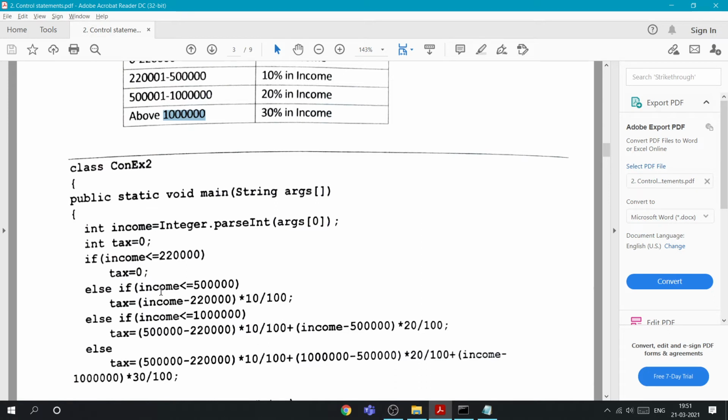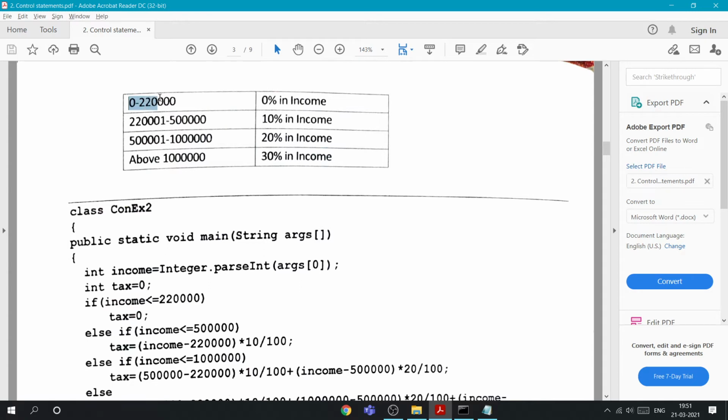So here, how they are performing it is with else. If we are taking a condition from 0 to, actually you can also write it like this if you want to be more accurate, 0 to 2,20,000. So if income is greater than or equal to 0 and income is less than or equal to 2 lakhs 20,000, like that also you can write. We are not going for that much.